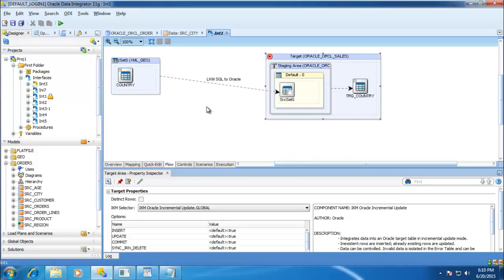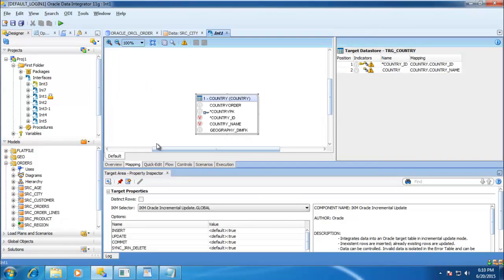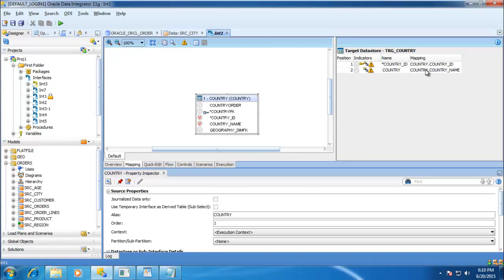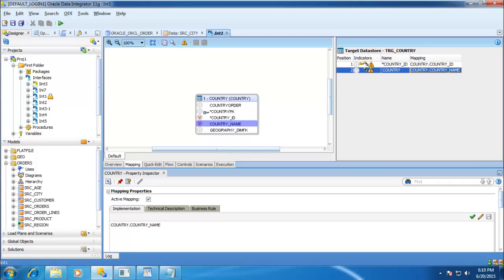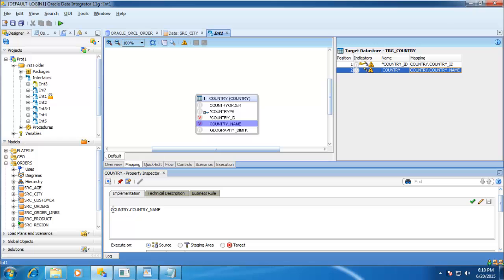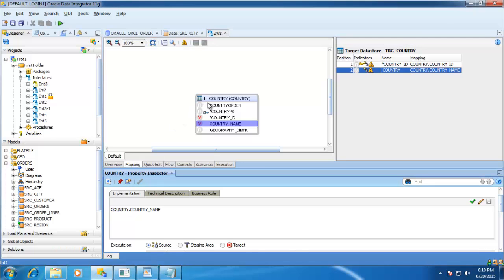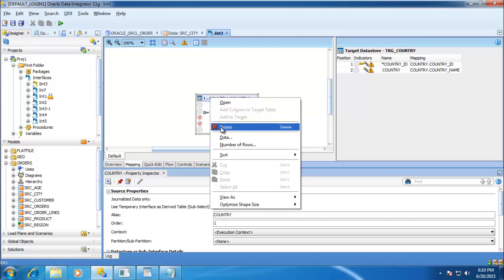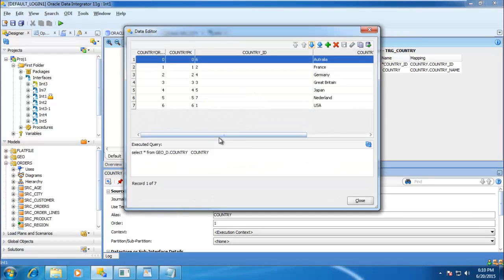This is the way the interface is defined, and this interface can extract the data and load the data into my target place. And if you want to do any transformation, I can do the transformations as well. That we can define in my mapping. I can define any transformation. For example, the country value. Rather than loading the country directly, I want to make these values uppercase, or lowercase. That I can do with the transformation ability.